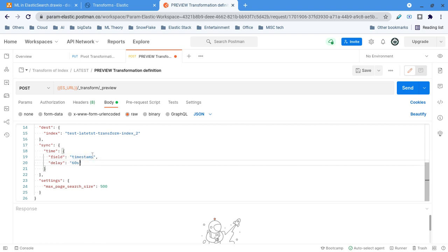So here obviously timestamp. But what is the delay? 60 seconds. You understand, right? What does the delay in sync mean? Let's say our source index is getting ingested, and at that time you ask the source index, hey, give me the latest record, that may take some time, right? So there is a possible delay. How much delay can the transformation wait? I am specifying that you can wait 60 seconds